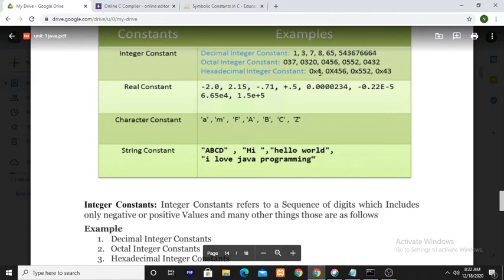Here before each number there is the prefix 0x. It is an indication that it is a hexadecimal number. It is not treated as part of the number. The hexadecimal number is only 456552 43. That is the number.